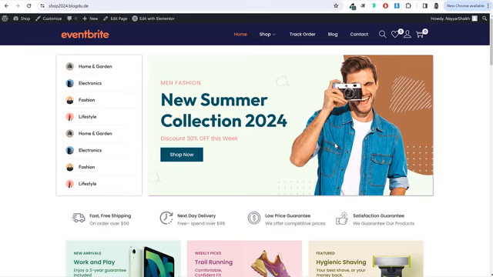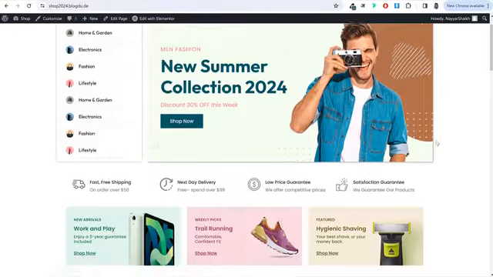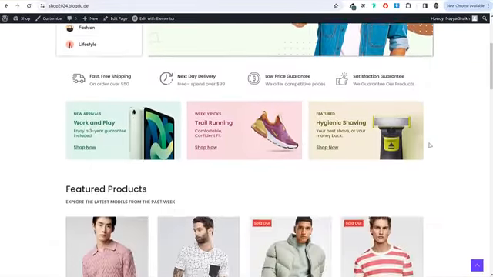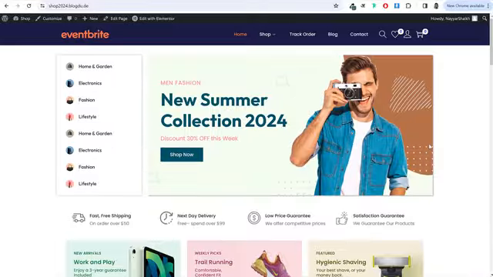Many times what happens is people learn how to create a website, but they don't know how to create a banner. And without these banners, your website will look very boring, because as you can see, I'll show you how to create all these banners, all these top banners. If you don't know how to create these banners, your website will look very boring. So you must know how to do this thing,